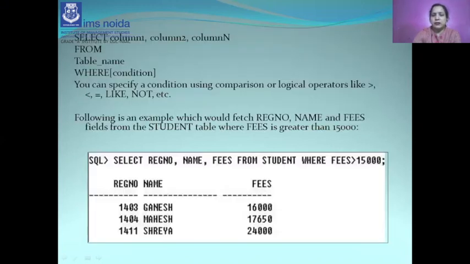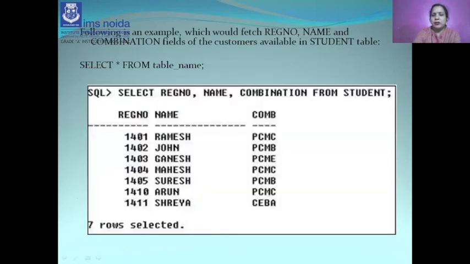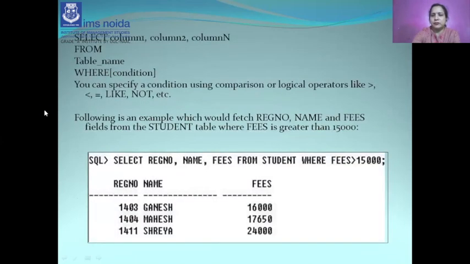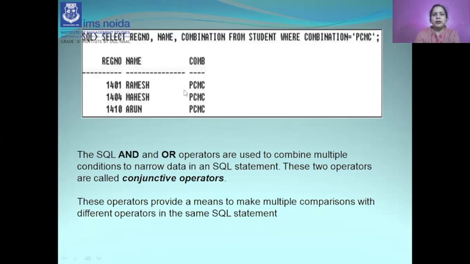Though we had a number of records, PCMC, PCFB, here we have only three records which are related to PCMC. Since we have applied the filter to display only combination equal to PCMC, it will display only these three records: PCMC, PCMC and PCMC for Ramesh, Mahesh and Aruna.